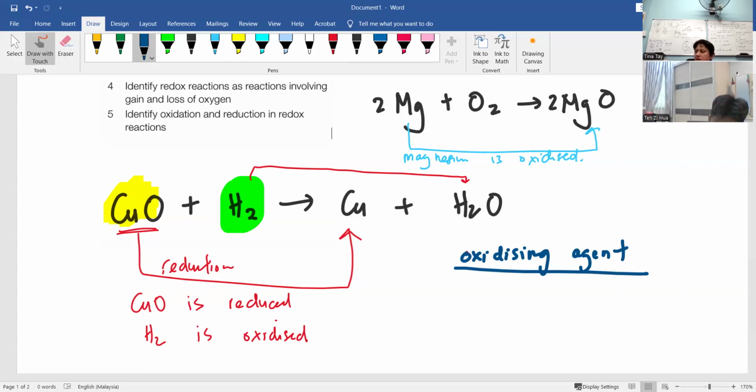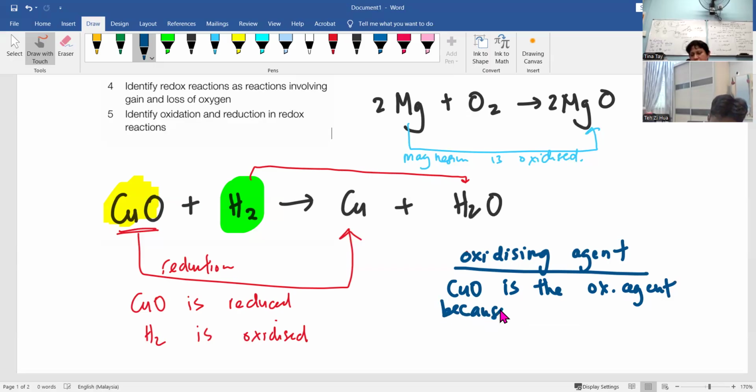Okay. So who causes somebody else to be oxidized? Oxidizing agent. Yeah, but who? Which one in this equation? CuO. So CuO is the oxidizing agent